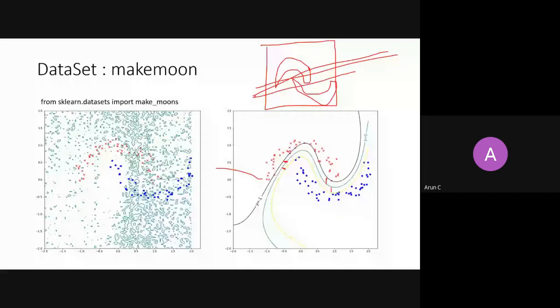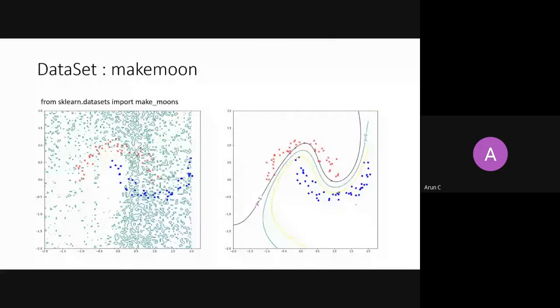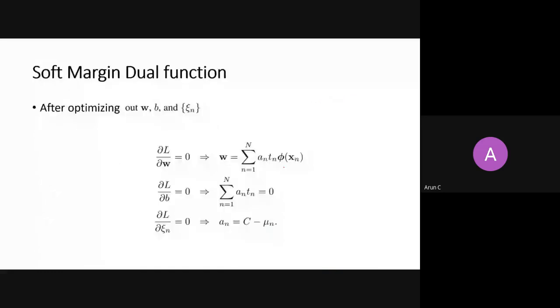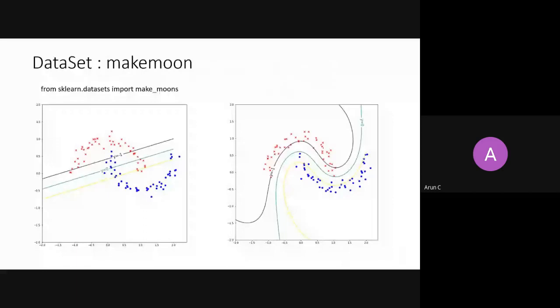There will be a kind of bottleneck somewhere. So if I am ready to accommodate some errors, for example, just a difference here. So this is when I am not accommodating any error. So this is a kind of margin, this is a kind of distance I am getting. And let's say if I have done that also, this is when I am ready to accommodate some error.